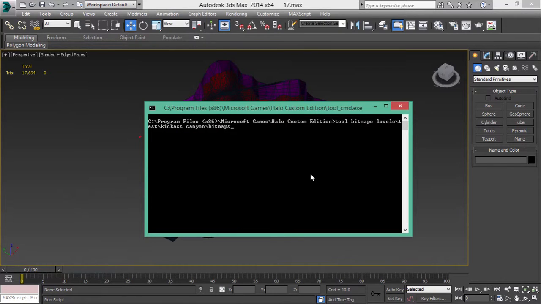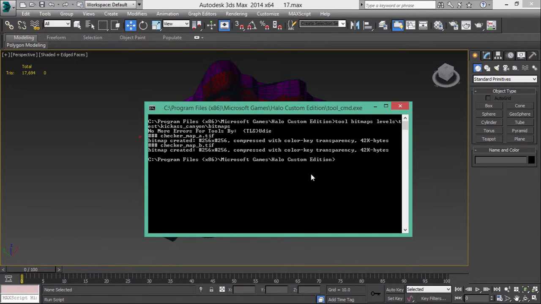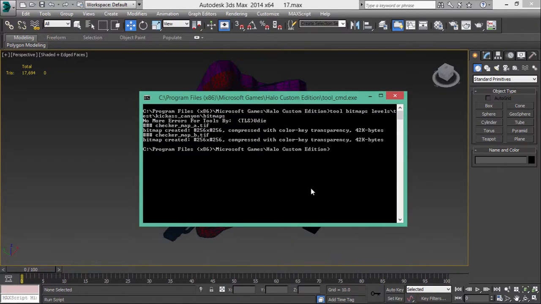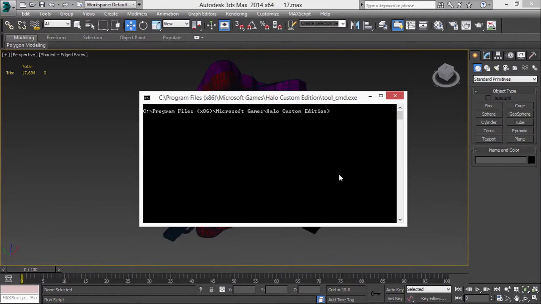Okay, so I'm going to hit enter with this to compile. Right, and it did that pretty quickly. And once again, the rate at which this converts files is pretty much dependent on the size and quality of the file. We're using pretty small textures here, so it really isn't going to take any more than a second. In any case, I'm going to hit CLS again to get rid of the stuff above, and now I'm going to type in tool space structure